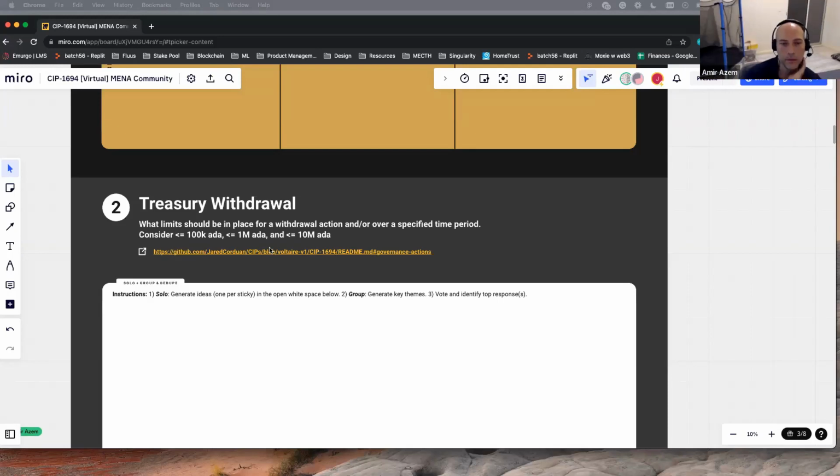And Catalyst, for example, would be one of those entities that would probably request treasury withdrawals. I see. So Catalyst for Fund 11 would say, I want 20 million ADA for Fund 11, and these are the challenges we're going to do. People vote for it and say, go ahead, you can withdraw. I imagine that's how it would be if Catalyst was still to run and not be replaced by this.